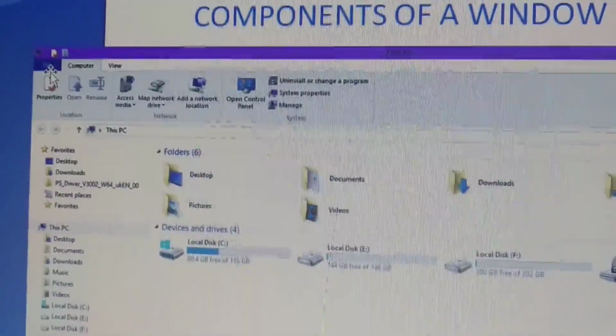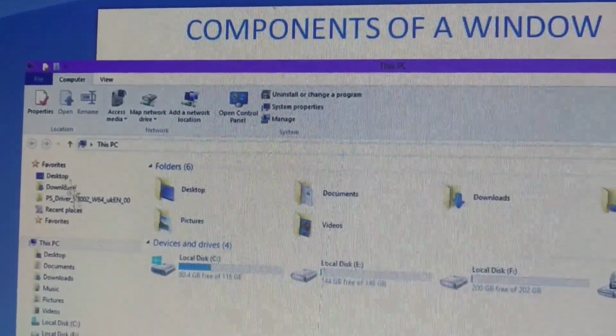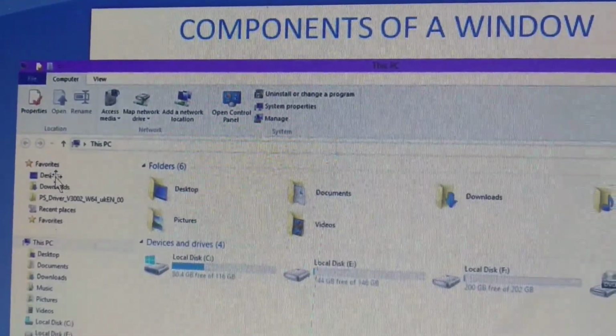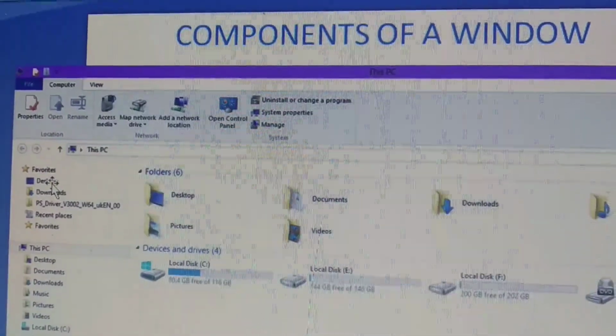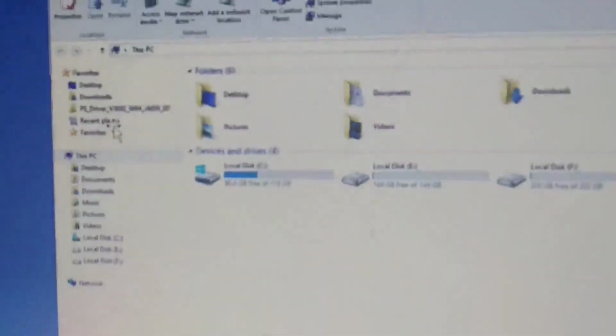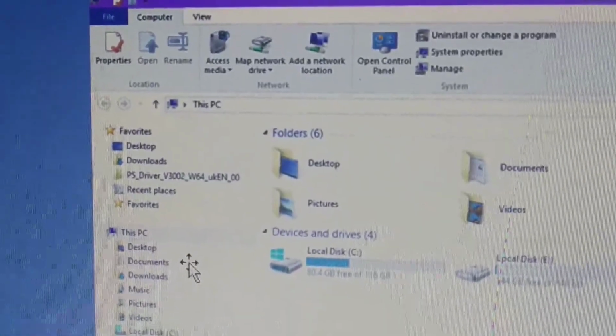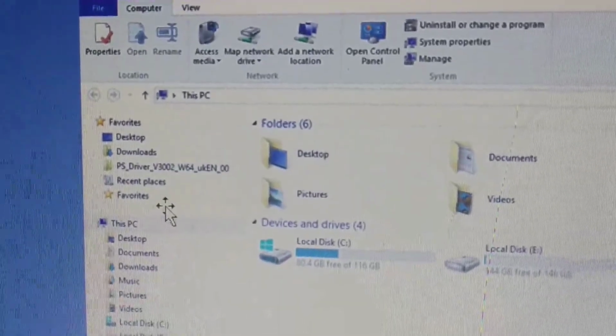After that, you are seeing some folders here. And on this side you are seeing Desktop. Desktop means if you want to go to the desktop, it will show you the desktop view. Here is Downloads. The Downloads view will show you the videos downloaded. And then there are Recent places, then Favorites, some of your favorite files.